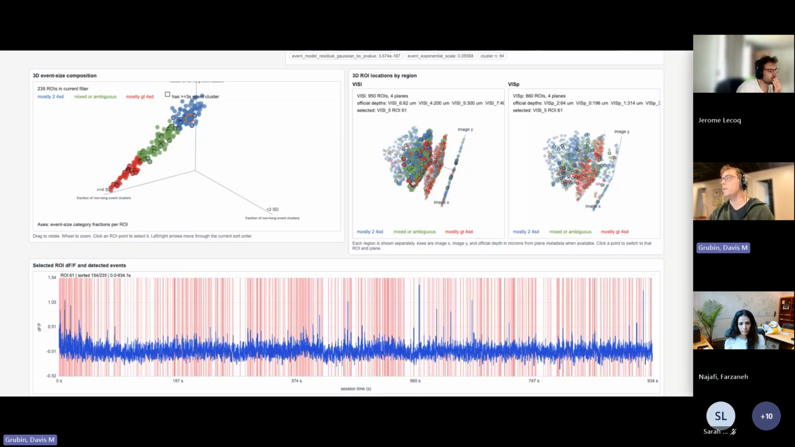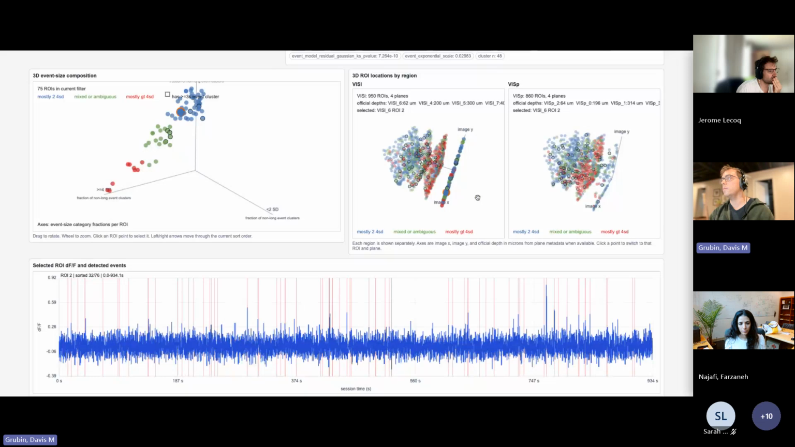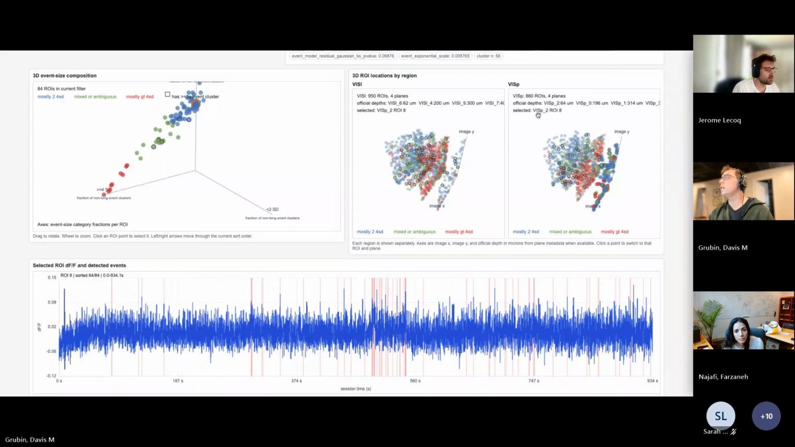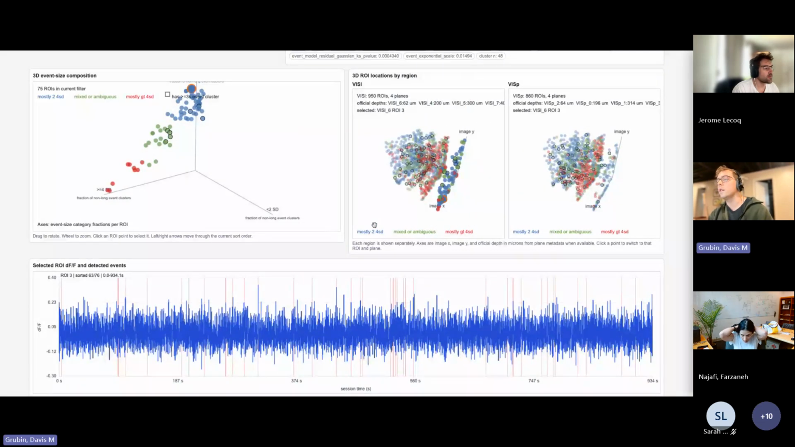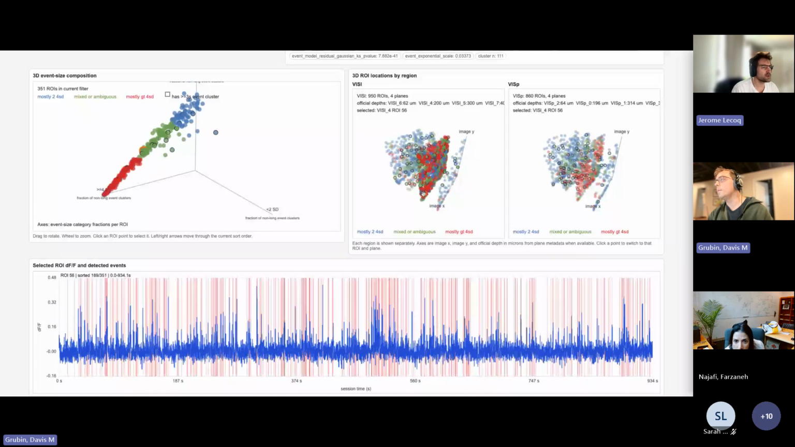And then some of the others, I think in this one it's VISI 6, which is shallower, and then VIS 2, seem to have fewer ROIs in general. So I'm not sure if I may have done something wrong here, but